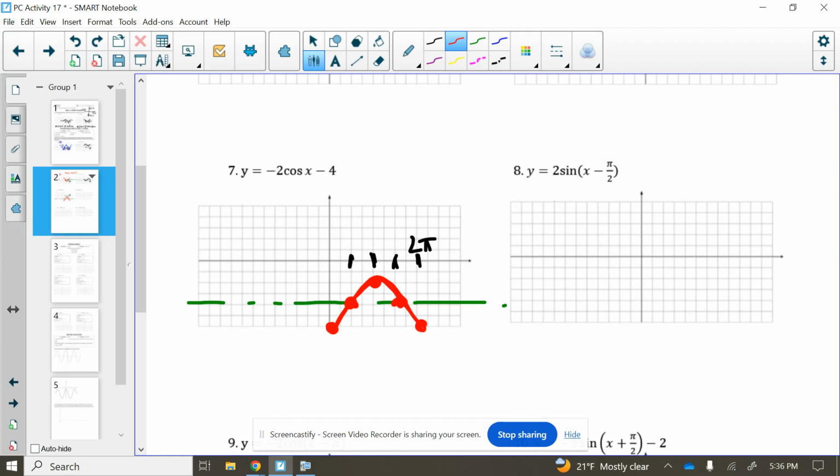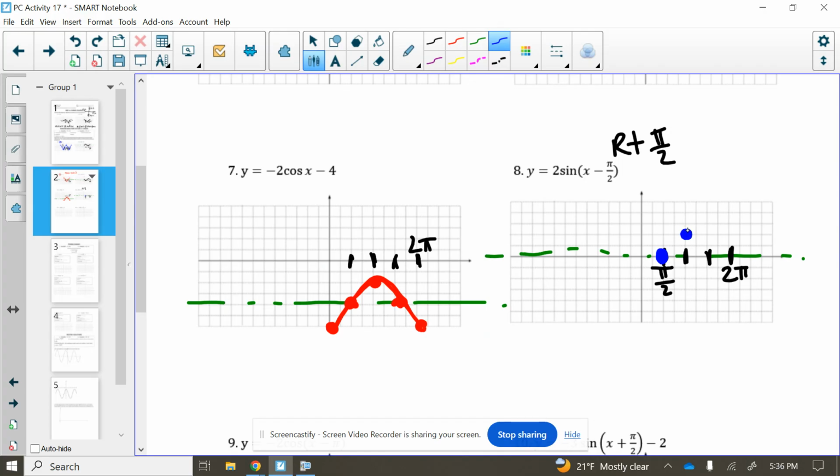So we see again that reflected upside down shaped cosine graph. And then number 8 is going to show us our first phase shift. So notice we don't have a vertical shift up or down this time. Midline's just at y = 0. But we're going to see that our graph is actually going to start to the right, pi/2. So instead of starting at 0, 0, we're going to start at pi/2, 0,